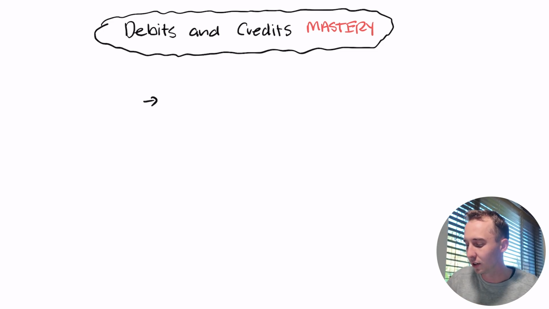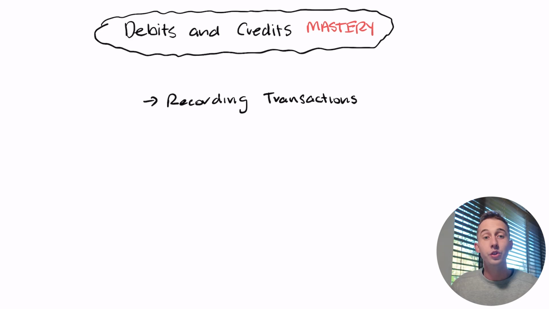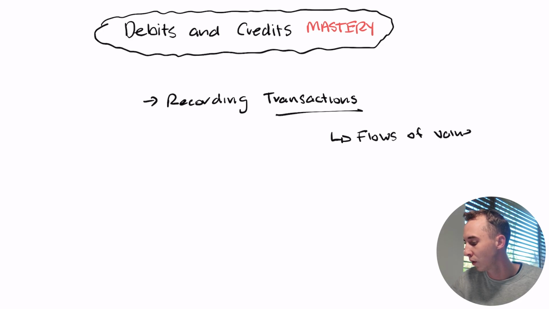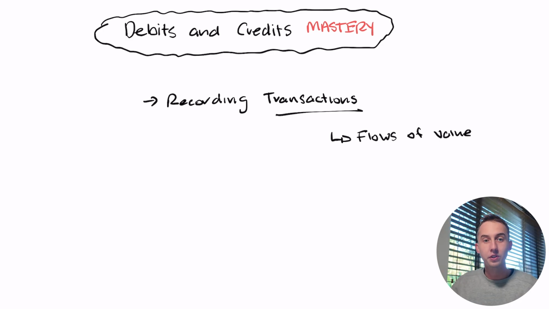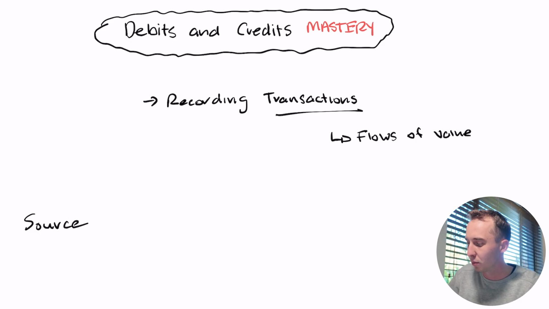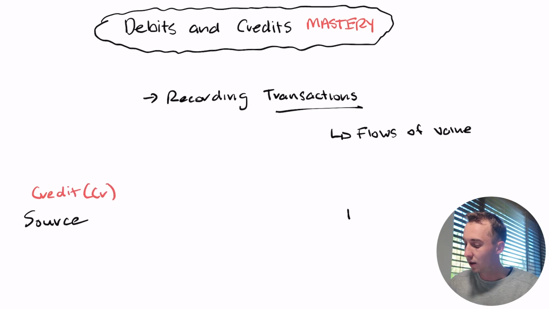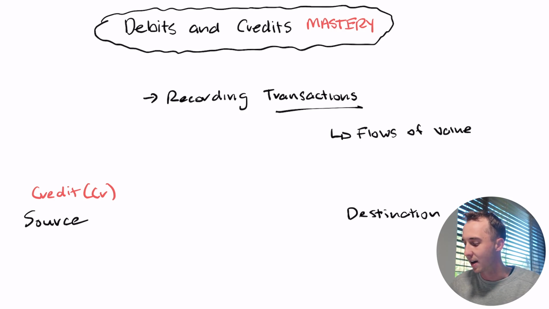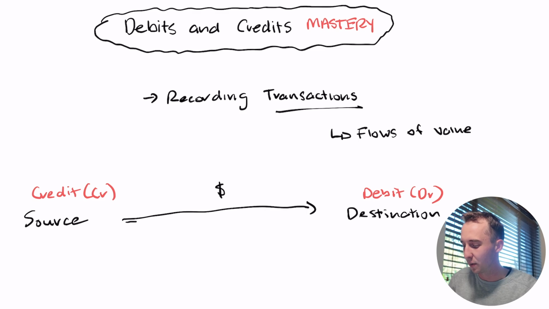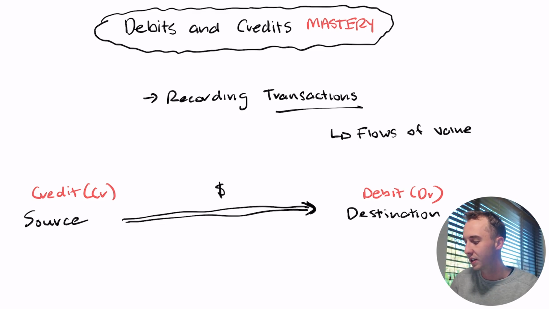Accounting is about recording transactions. So you might ask, well, what are transactions? Well, transactions are simply flows of value. That value comes from somewhere and it goes to somewhere else. In accounting, we call the source a credit, which is commonly abbreviated as a CR. And we call the destination a debit, which is commonly abbreviated as a DR. And then we have this arrow here, which shows the flow of value from the source to the destination,